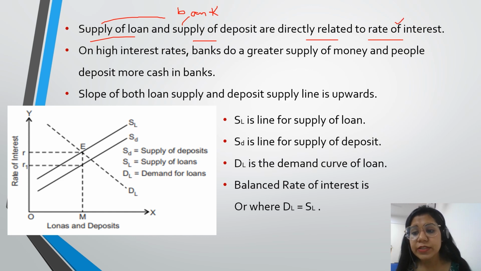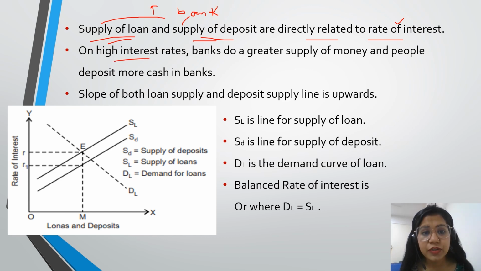So if this interest rate increases, then the amount that they will be getting will also be high, and that is why the supply of loan and the supply of deposit are directly related to the interest rate. On high interest rates, banks do a greater supply of money and people deposit more cash in